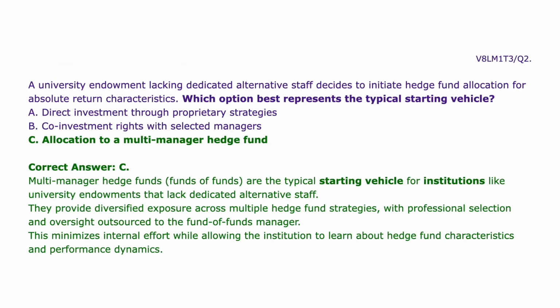Investors with limited resources and/or experience generally enter alternative investments through fund investing. Fund investing means the investor contributes capital to a fund, and the fund handles identification, selection, and management. Hedge funds are highlighted as one category of alternatives, and the pattern applies to them too. Correct answer is C.